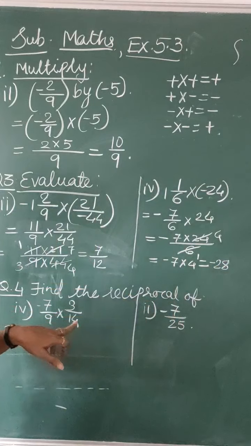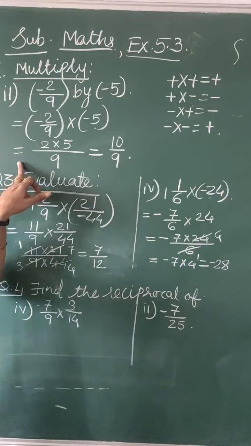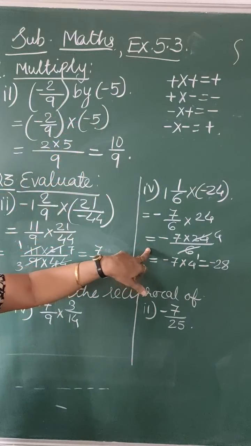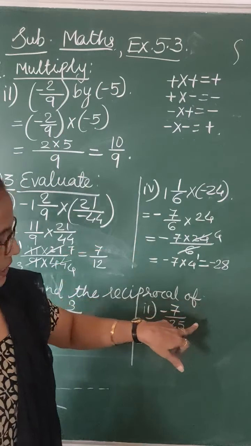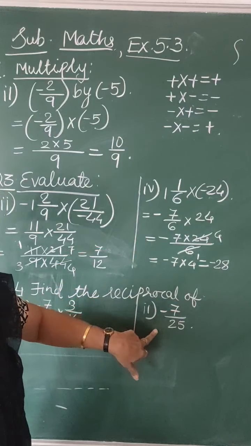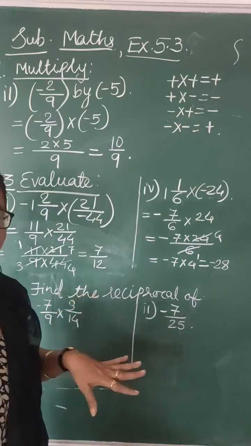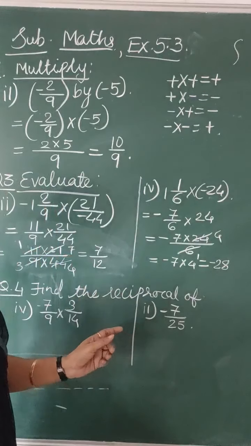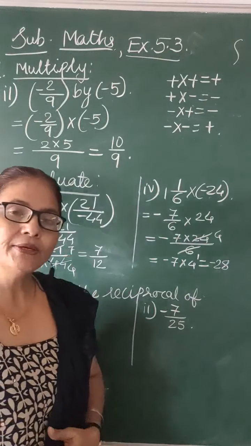Okay. Now children, see question number 2. I skip question number 2 as the heading is find the product, and the same way you have to multiply as we have multiplied here also. Okay, now question number 4 is find the reciprocal of. Somewhere you have to write the reciprocal directly, somewhere you have to simplify and then write its reciprocal. Now you know reciprocal means what? Numerator goes to denominator and denominator goes to numerator, and here you have to first simplify. And what is the other name for reciprocal?